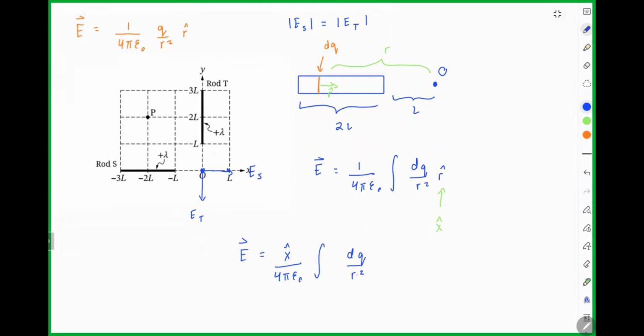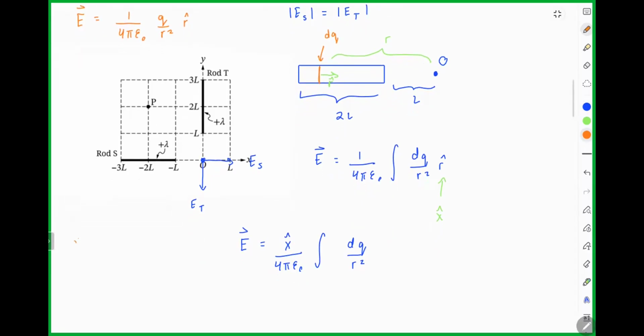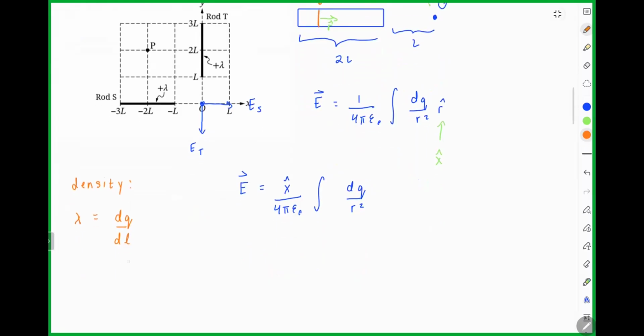Can we integrate this? R is a function of q, but not in a way which we can explicitly write out. And this is where our density becomes important. The density allows us to rewrite dq as a function of position. Specifically, we have a uniform density lambda, and by definition, this is equal to dq by dl, dl representing arc length. Moreover, in this particular case, I can say that my arc length is aligned along the x-axis, so dl